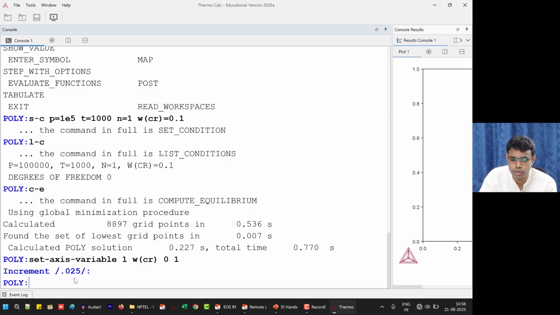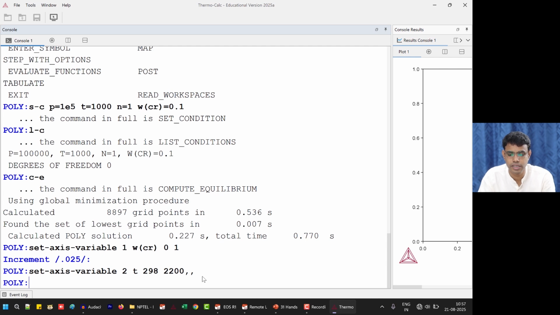So if you don't want this question to be asked, you can do a modification. I will do that for temperature now. Okay, set access variable, sorry, 2 is going to be temperature. Second access variable is going to be temperature, and space 298 minimum value, 2200 maximum value. So this interval will be split into 40 parts, and it will ask me whether that increment level is okay or not. If I want to skip that particular step, or just accept what it will show in the next step, I can put a double comma here. Okay, and enter.